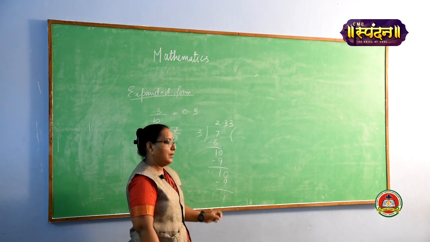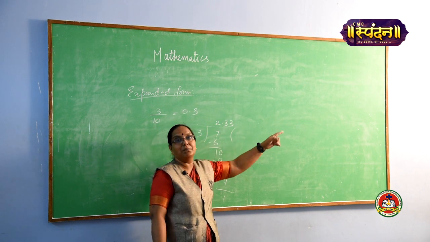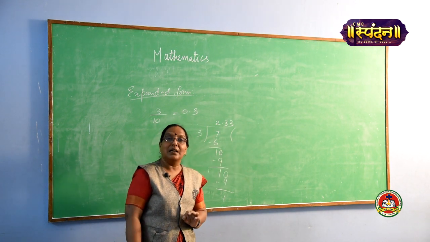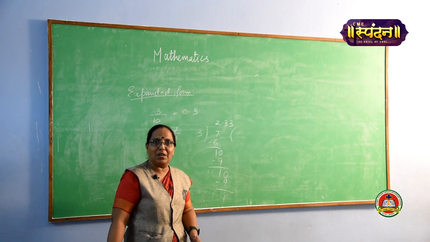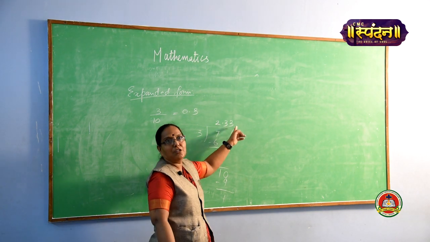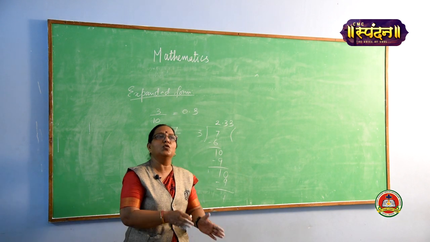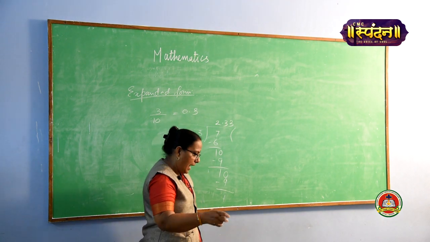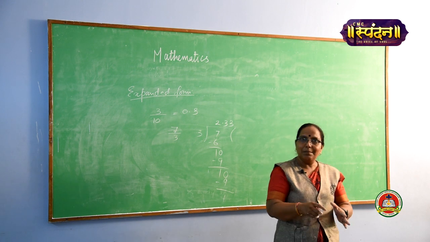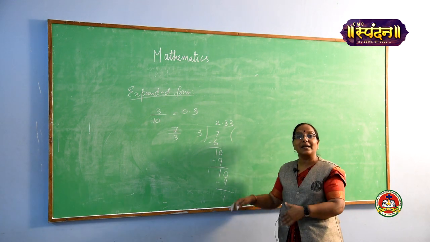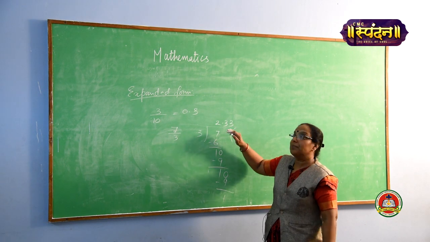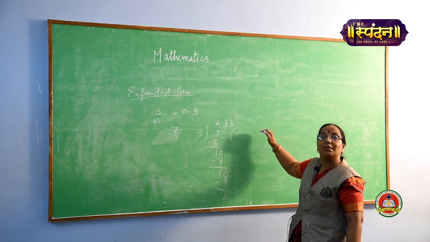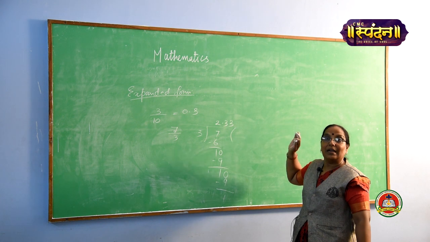Okay. What is the meaning of this? The same number, the same term is repeating again and again. That is called a recurring number, a repeated number. So you need to write only 2.33 or 2.333. Actually, some numbers are not exactly divisible. Sometimes only a single number or double number repeatedly comes, recurring.